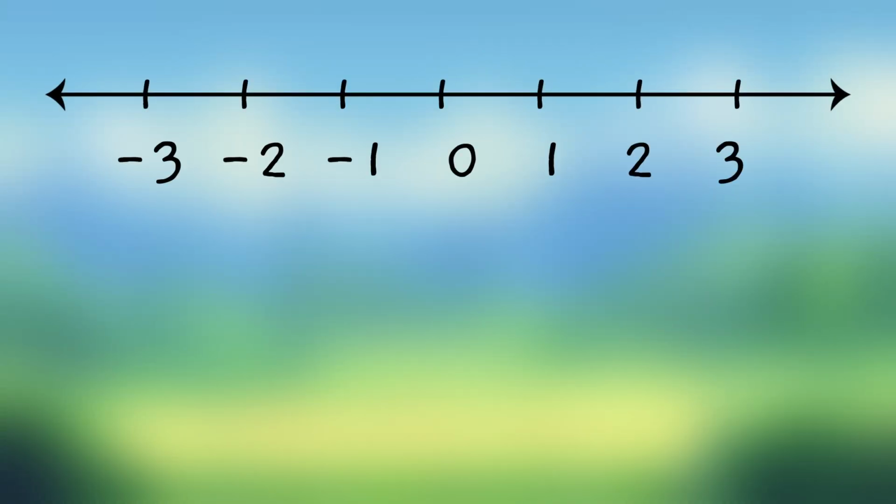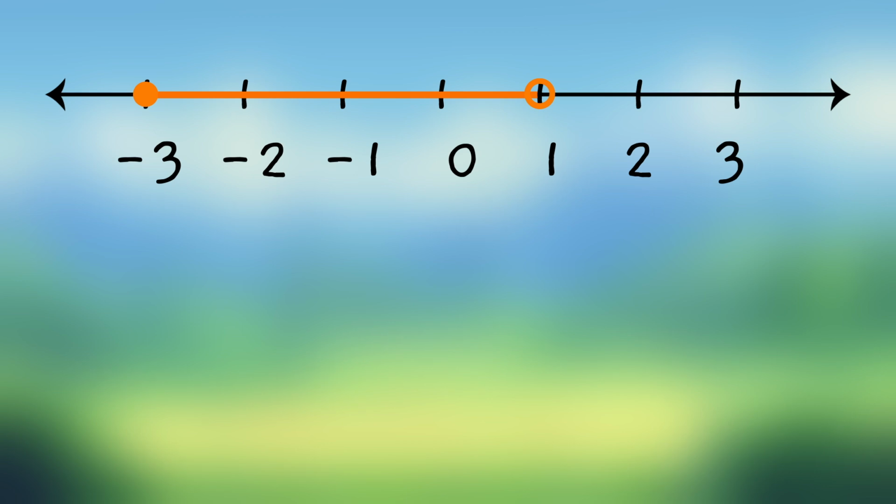An interval is a region of the real number line. You can draw an interval by highlighting a part of the number line. We use circles to mark the endpoints of the interval. A filled circle means that number is part of the interval, while an open circle means that number is not